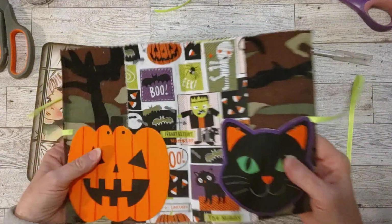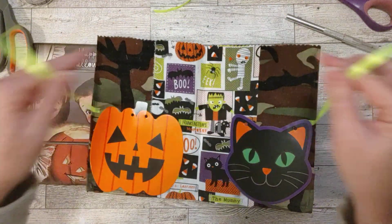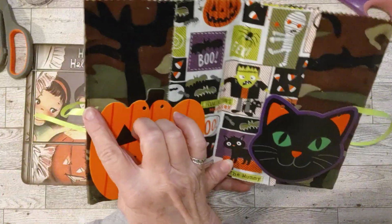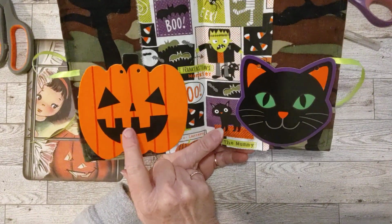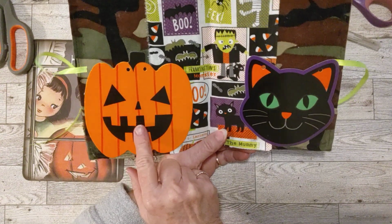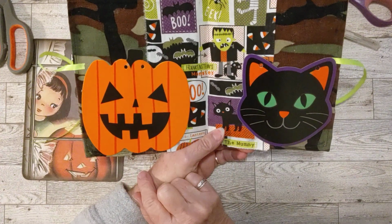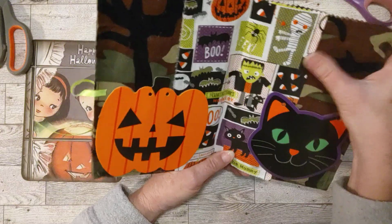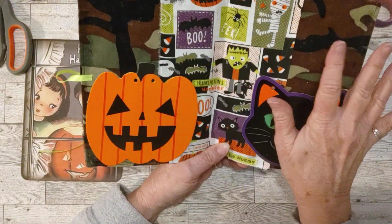Like I said, I got started and I forgot, oh, I'm supposed to be doing this on video. So I got this ribbon ready for the closure, and I glued it down here and here for the moment. It's glued down with Fabri-Tac, and I put pockets, these are from banners that I had picked up a couple years ago at Walmart. A pumpkin here and a cat here. I think this is my last cat, but I have quite a few pumpkins left. But anyway, here's what the inside's looking like. Pretty cute. This is what I described as my generic fabric that I wanted to pair with this to get that scrappy looking